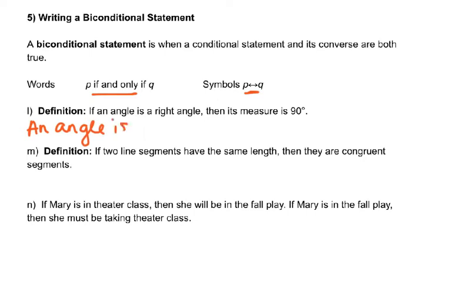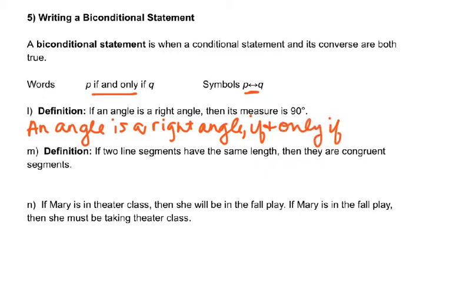So how you would write this: an angle is a right angle, if and only if its measure